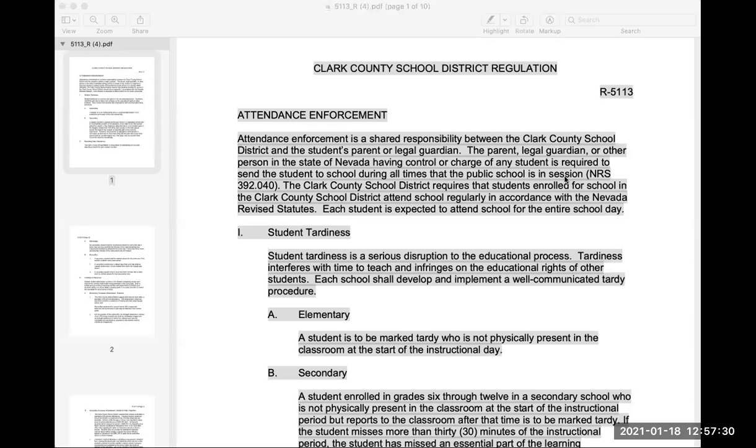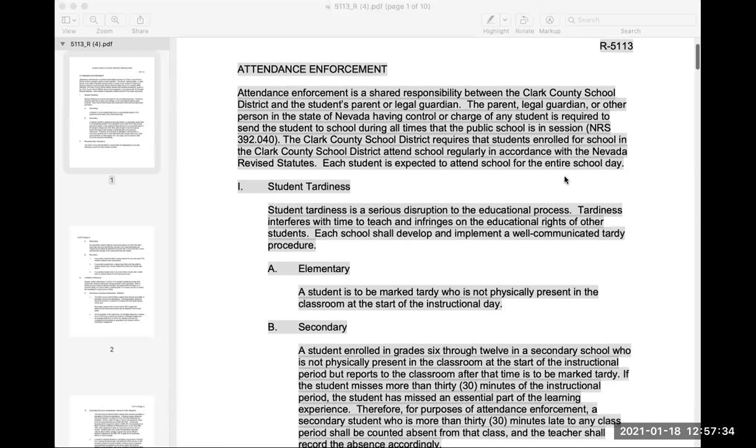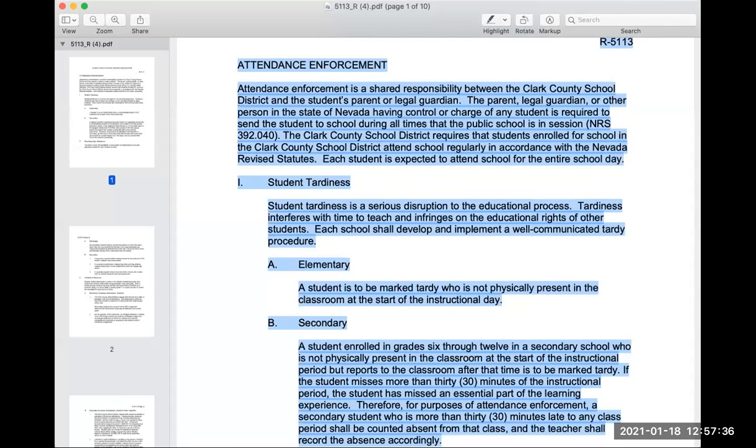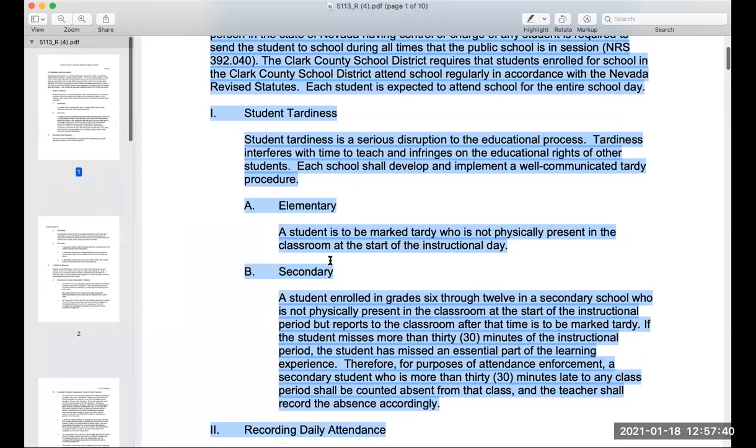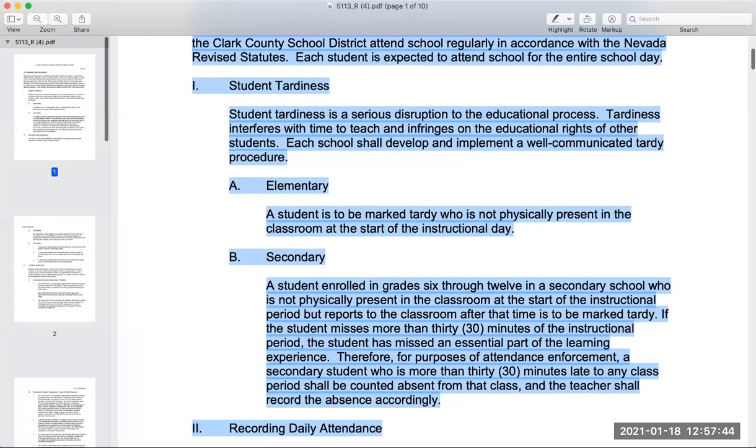...to the educational process. Tardiness interferes with time to teach and infringes on the educational rights of other students. Each school shall develop and implement a well-communicated tardy procedure. Elementary: a student is to be marked tardy who is not physically present in the classroom at the start of the instructional day. Secondary: a student enrolled in grades 6 through 12 in a secondary school who is not physically